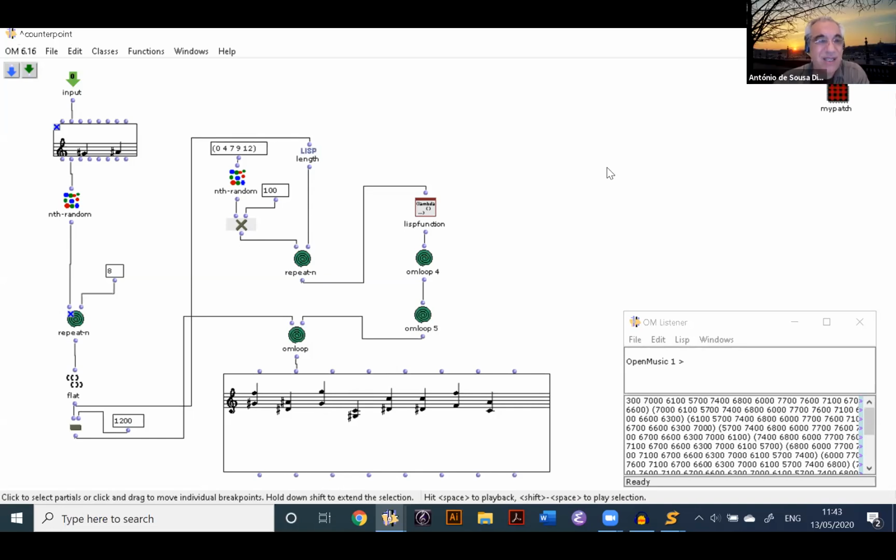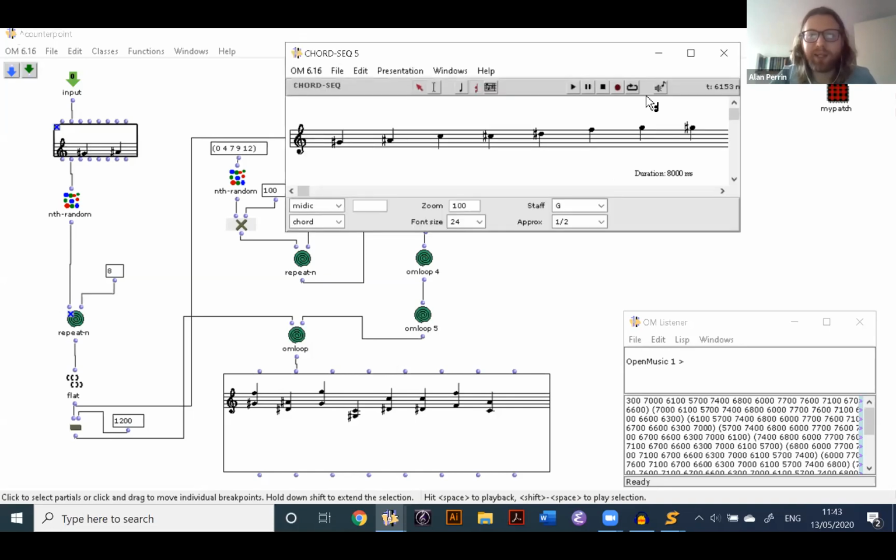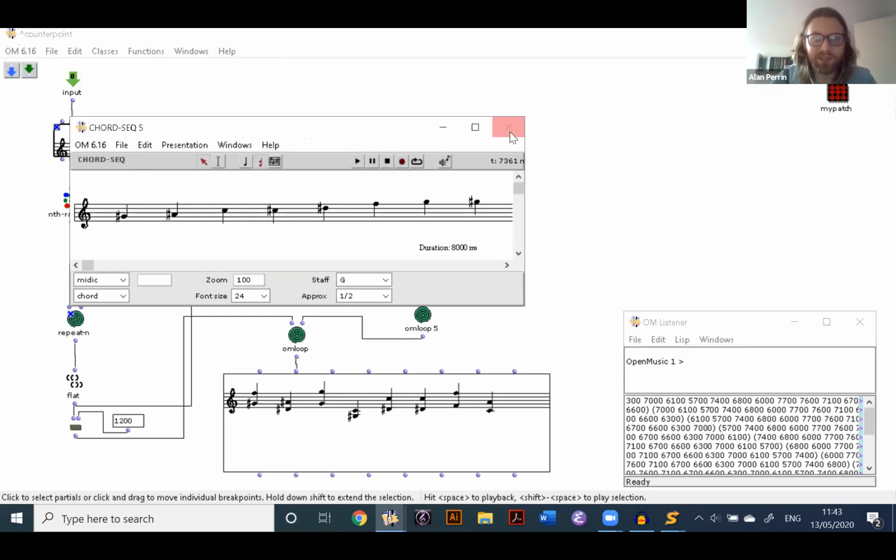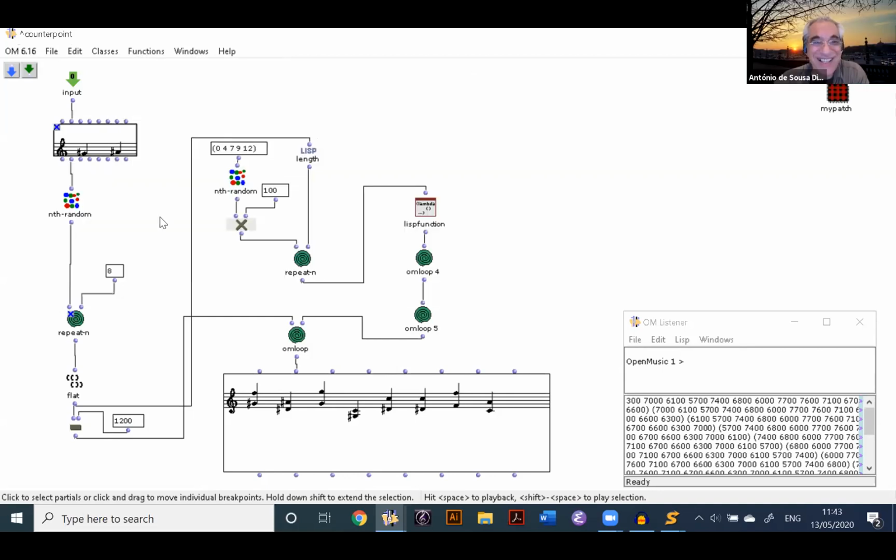I was looking at Fux's Gradus ad Parnassum, and I just looked at a first species counterpoint, and I was like, well, can I do that in a way that's quite quick and easy? So this is what I came up with as a quick and easy way of getting first species counterpoint. I just got a G sharp major scale, took 8 random notes from it, and brought them down an octave, obviously to make it an alto voice,